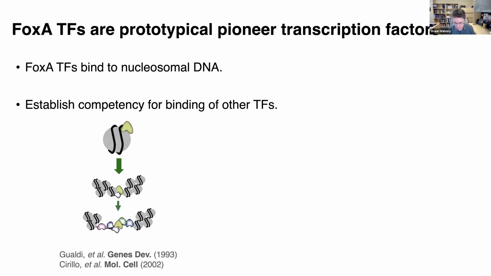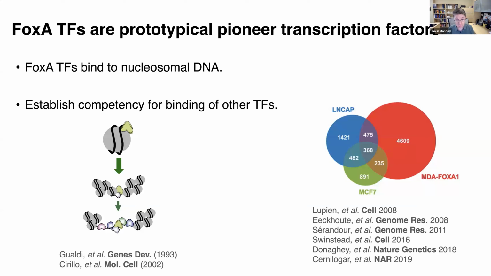However, we also know that FOXA transcription factors can bind to different locations in different cell types. So there's a little bit of a paradox here where there seems to be some degree of cell-specific influence in determining the binding of pioneer factors such as FOXA, and we don't know how much in general they are affected by cell-specific chromatin environments or interactions with other factors versus their innate ability to have pioneering activity.